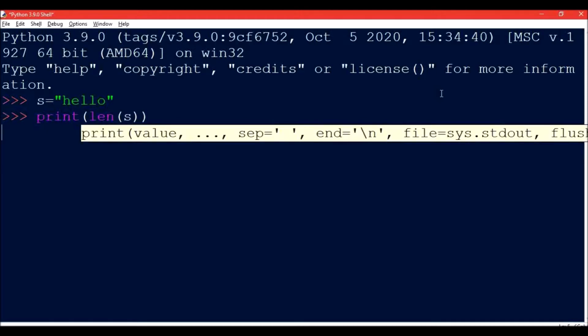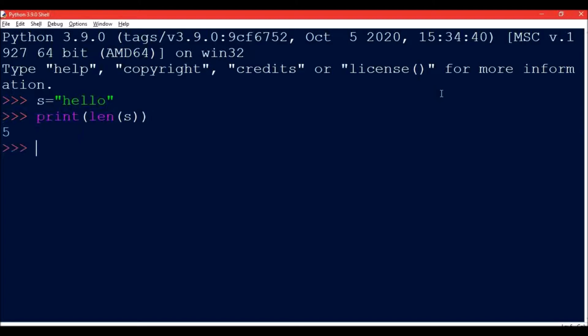Whatever the length of the string stored in s is, that will be printed. If we talk about the index, then the index will be from 0 to 4, because at h the index will be 0, then 1, 2, 3 and o will be 4. So 0 to 4 index means 5 characters.